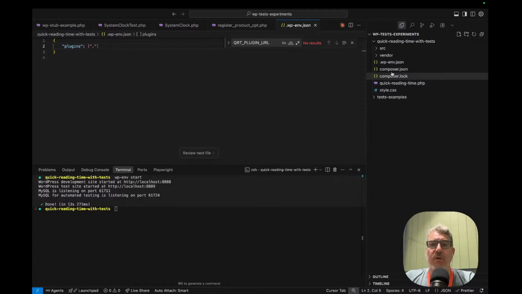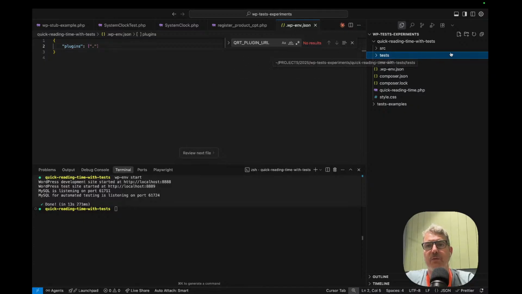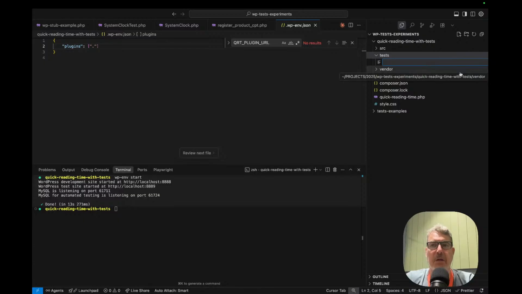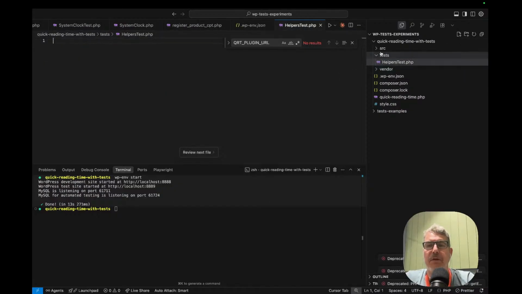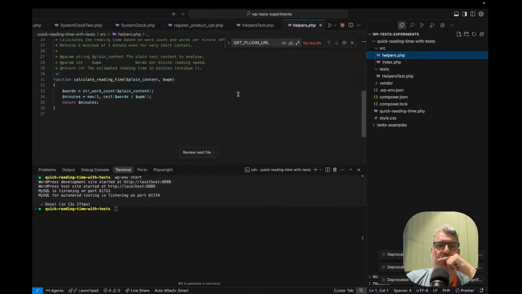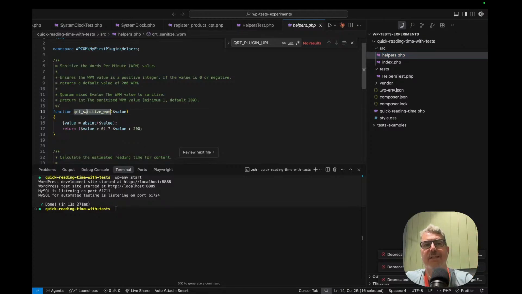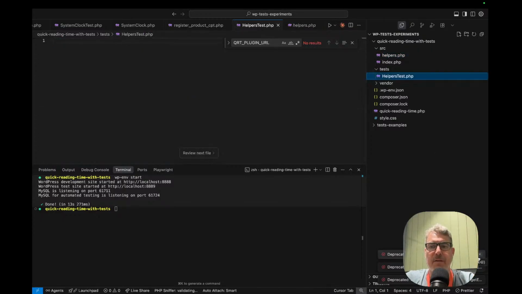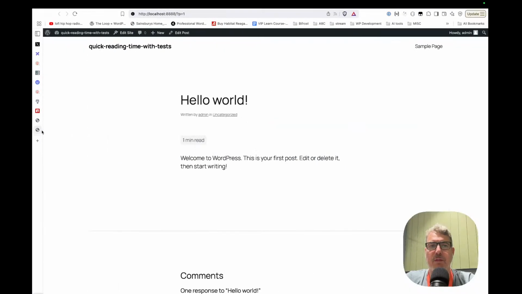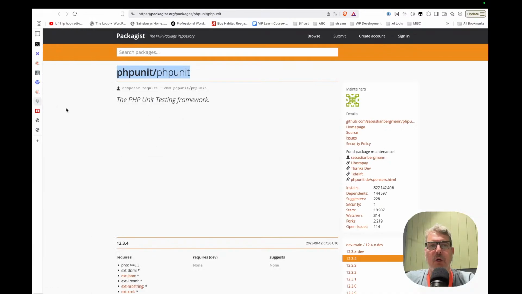So what we're going to do is to create a tests folder. Okay. And here, what we are going to test is helpers-test.php, because in our code we have some helpers. We are going to test these two functions here. So in order to run PHPUnit, we need